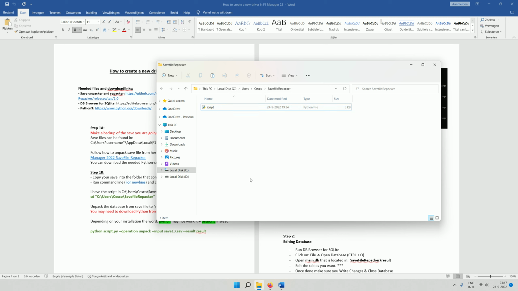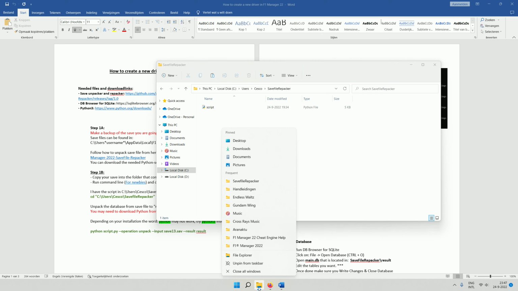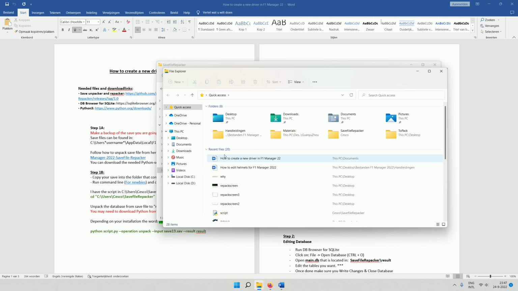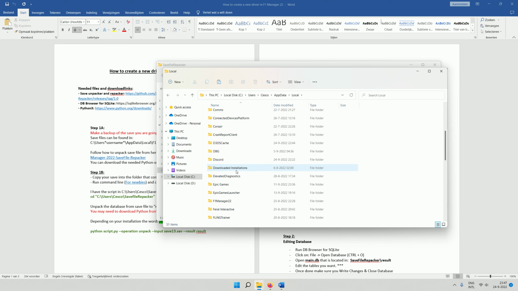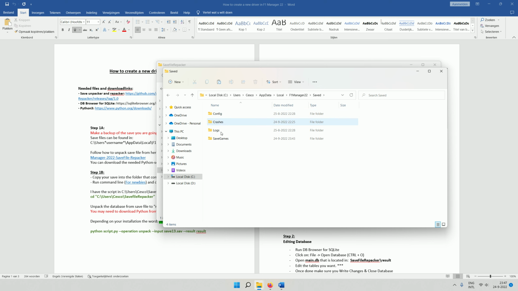Now we're gonna look up our save that we're gonna edit, so we can add a driver in there. It's gonna be a non-existing driver. We are not gonna edit pictures and stuff like that because frankly I don't know how to do it yet. Maybe someday soon. But anyway, what we're gonna do now is we're gonna find our actual save we want to edit, and our save files are always stored in the C drive, or at least depending on how your disk is called. Users, in my case it's Cesco, AppData, Local, you go down to F1 Manager 22, Saved, SaveGames,